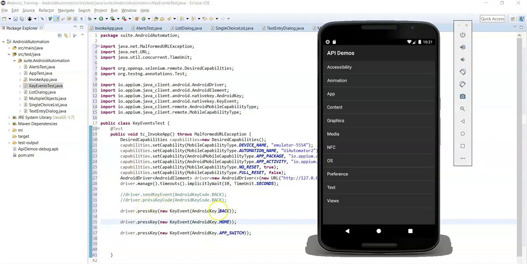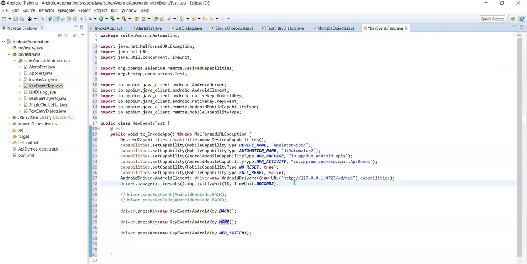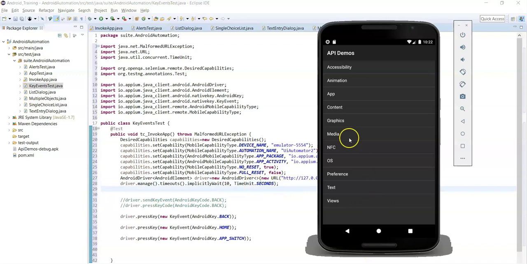Now let's see one example to navigate back to the previous screen. For that, just click on app name. So this is the app screen. After navigating to this app screen, just simply click on the back button to navigate back to the main screen.